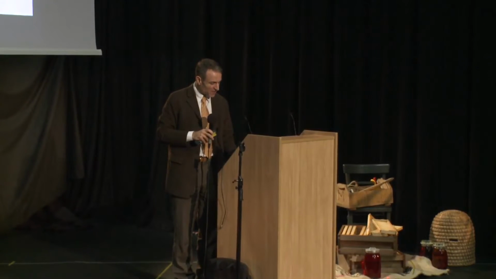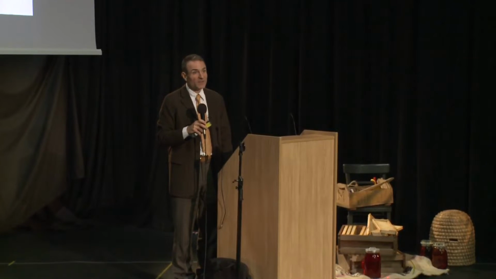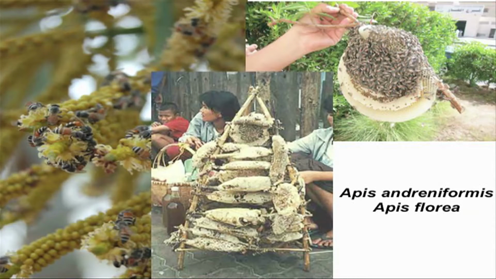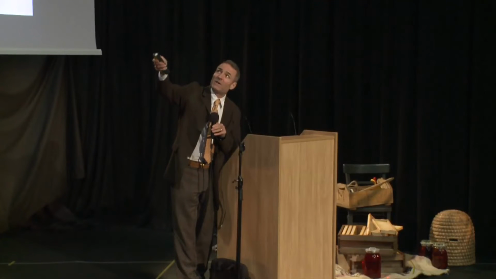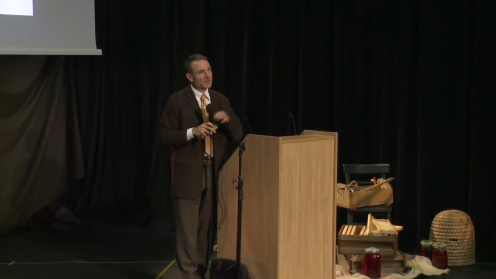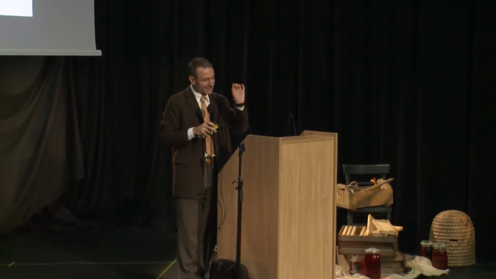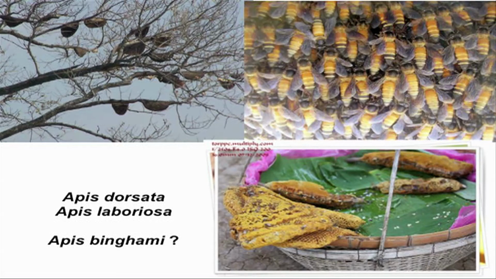Relatively small species, harvested, and this is from a colleague in Thailand, harvested and sold in markets, or at least the honey and the brood is. Then we have a series of species, 2 or 3 species of giant honeybee that nest underneath trees as a single comb, and on that comb one finds thousands of bees. There's 3 or 4 bee depth of bees covering that comb. Again, sold, combs harvested and sold.